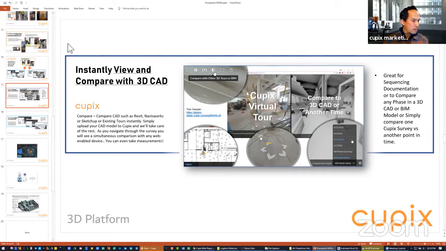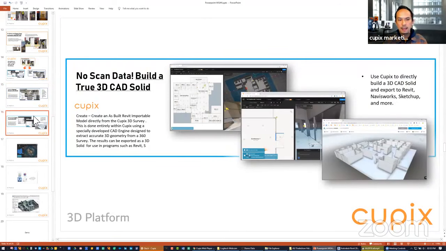You nailed it. All right, so you can do the compare with 3D CAD. When we're covering this ecosystem, we have the new feature, which is creating a CAD solid. This wraps up the common types of CAD workflows, comparing and now creating. Directly from a Cupix tour without any scan data, you can build a Revit model, a model that can be used inside of Revit, Navisworks, SketchUp, and a lot of these different